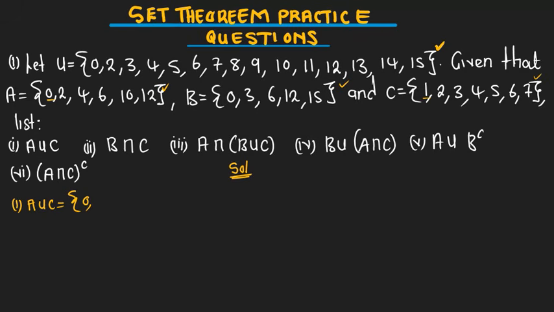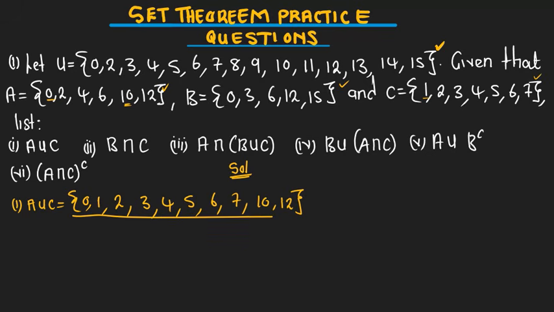And then we also have a 1 there, comma, we have a 2, comma, a 3, comma, a 4, comma, a 5, comma, then a 6, comma, a 7, and then we have 10, which is here in set A, and then we are going to have a 12. Basically, this then becomes the set A union C. The second part is saying